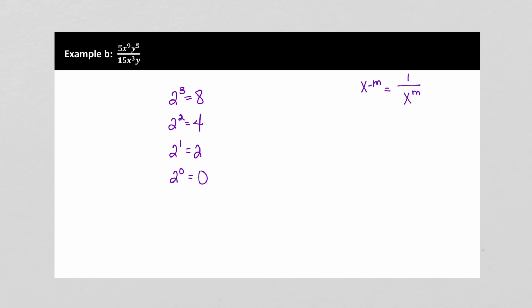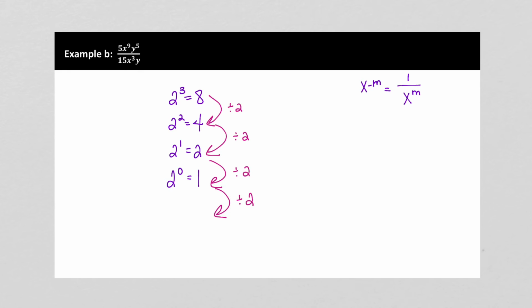2 to the 0th power, well, we don't even need that right there. So what did we do to get from here to here and from here to here? Well, we divided by 2, right? So if we divide by 2 again, 2 divided by 2 is 1. That's 2 to the 0th. 3, 2, 1, 0. If we divide by 2 again,